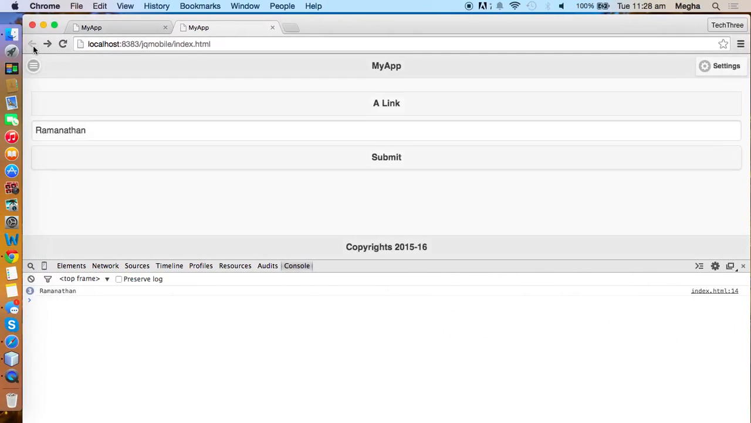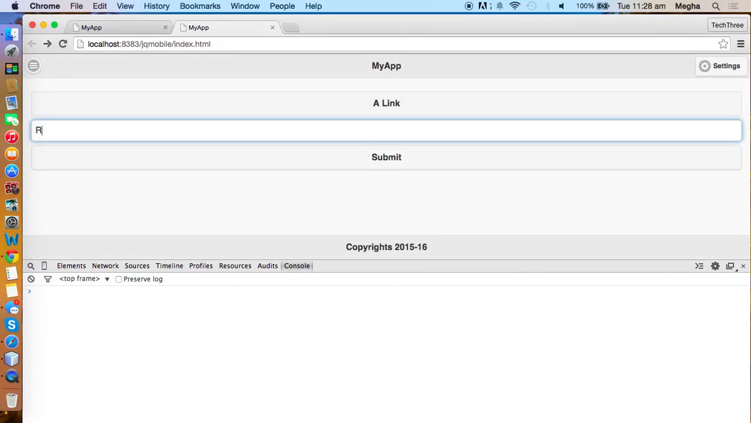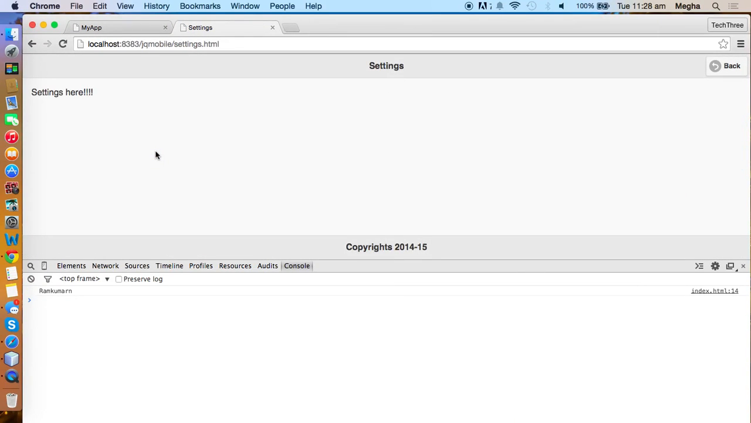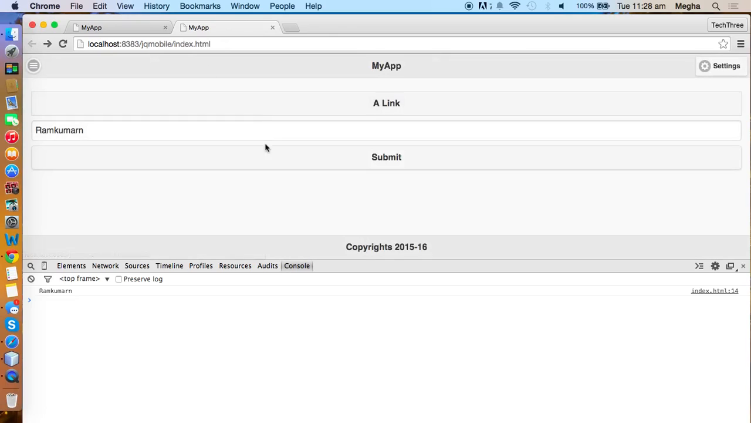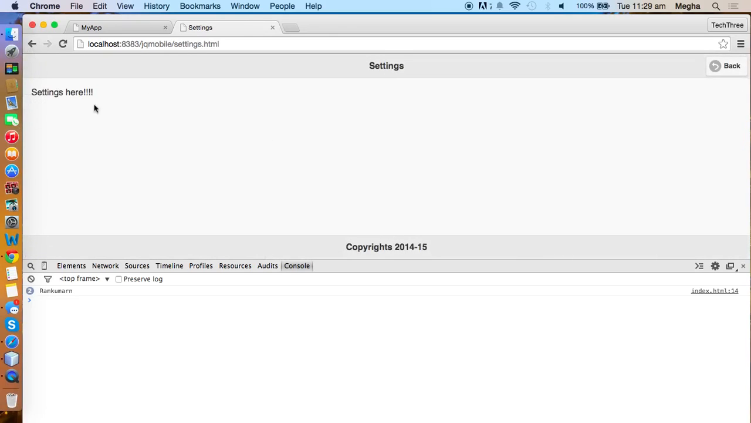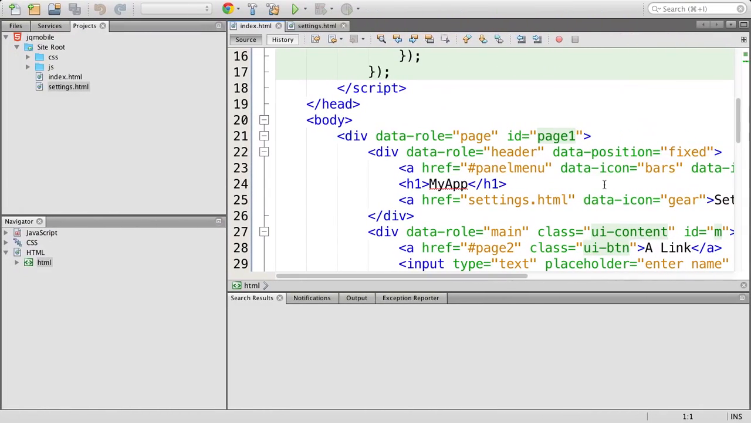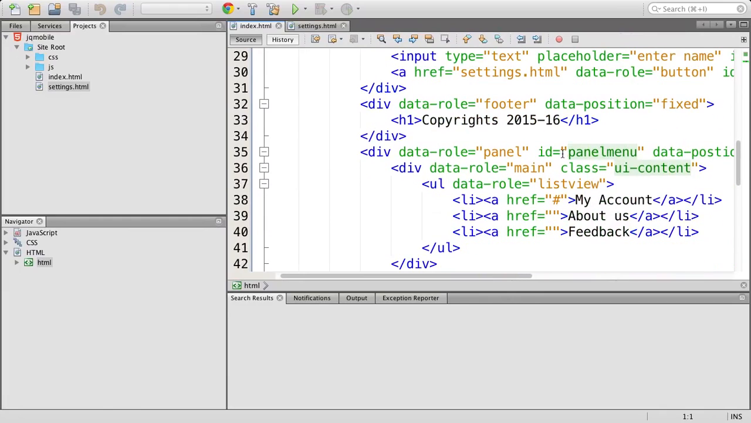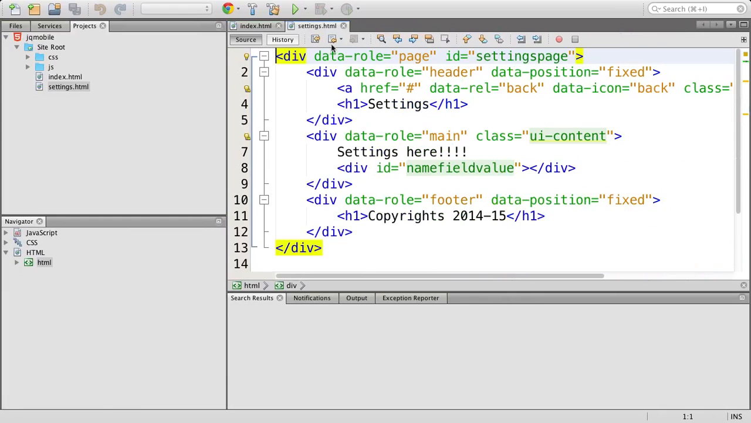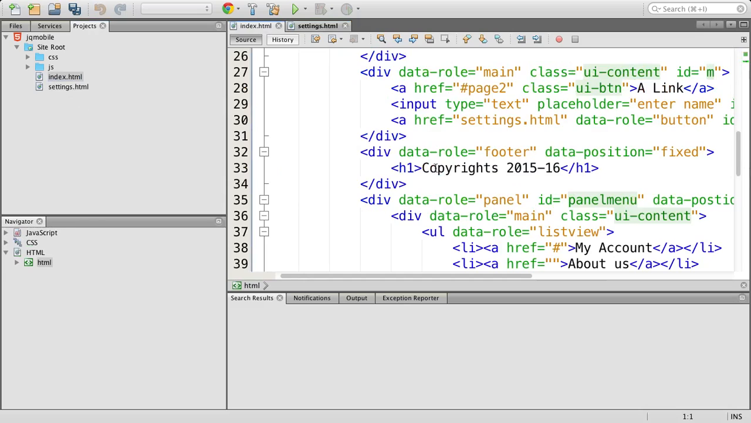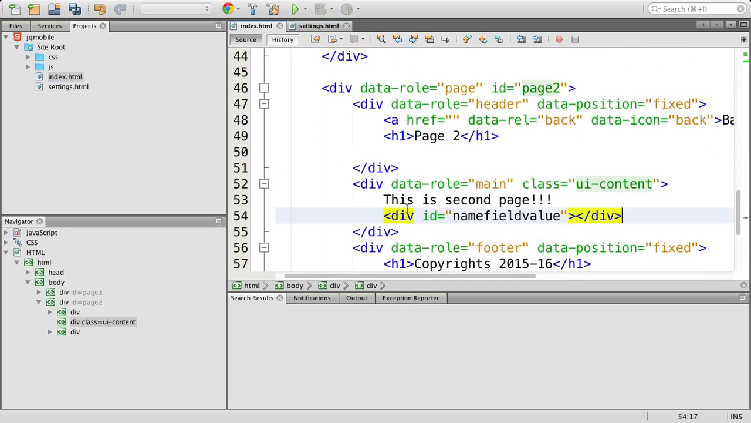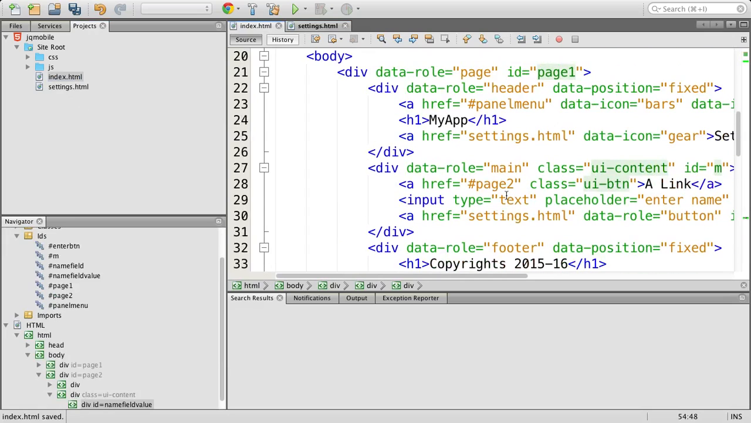Let's see how things go. Nothing is there. It's not coming. It should have printed. It's not printing. Whereas it was working perfectly if I put the same DOM ID here, instead of an external page, if I give an inline page,